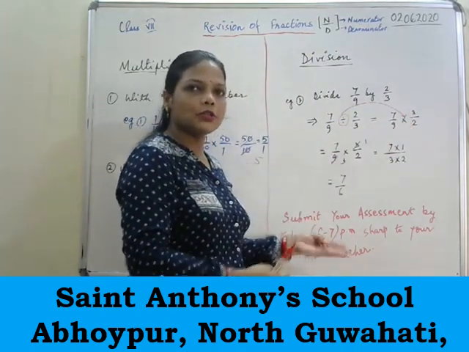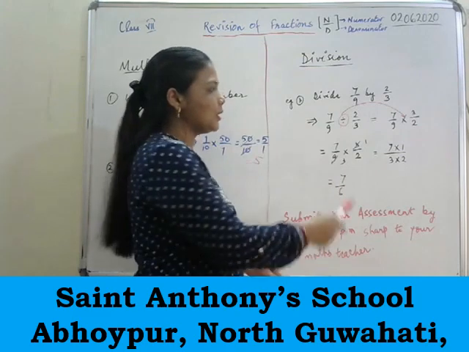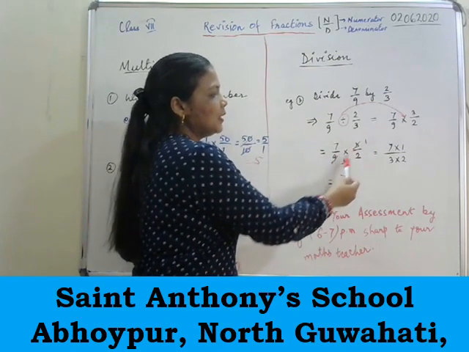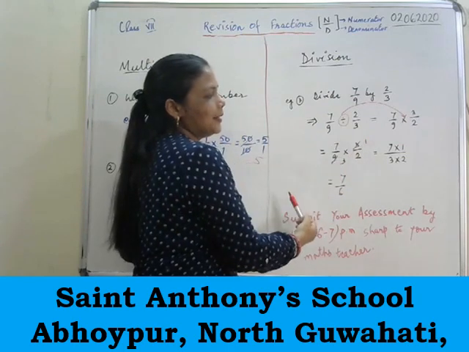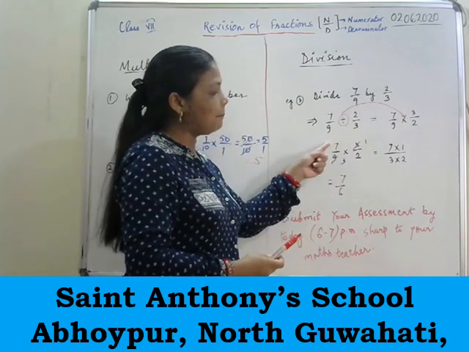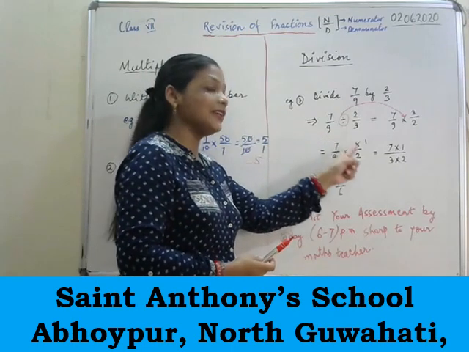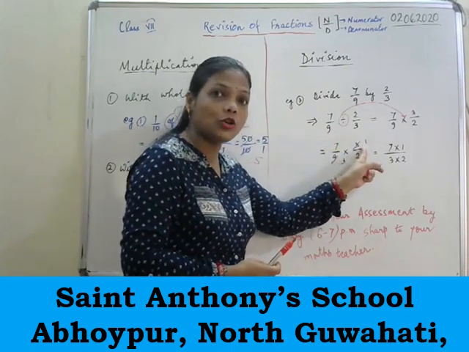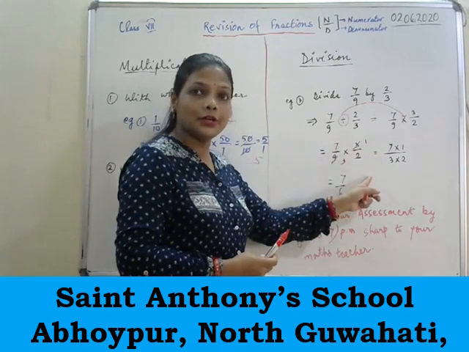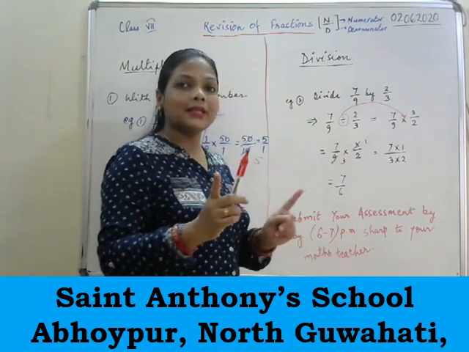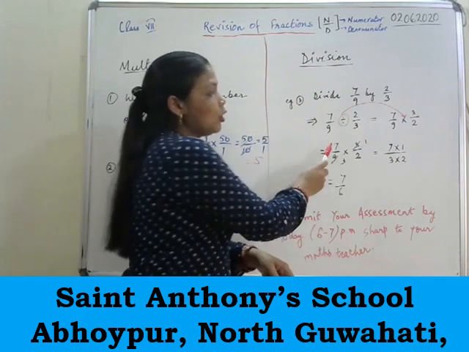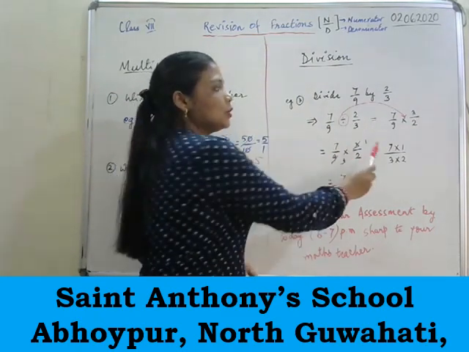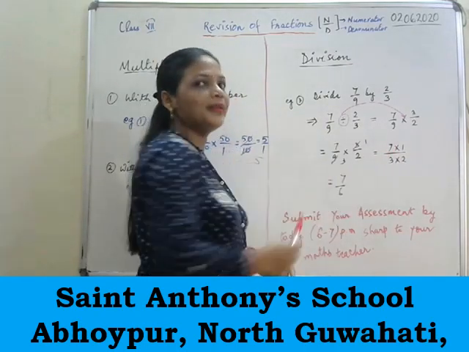Again follow the steps of multiplication and see. 7 by 9 into 3 by 2. So here I can cancel, 3 ones are 3, 3 threes are 9. You can cancel up and down. You can cancel cross and cross. You can never cancel numerators with numerators or denominators with denominators. Remember, cancelling will only happen up and down, cross and cross. Always remember this. So 7 into 1 is 7, 3 into 2 is 6.